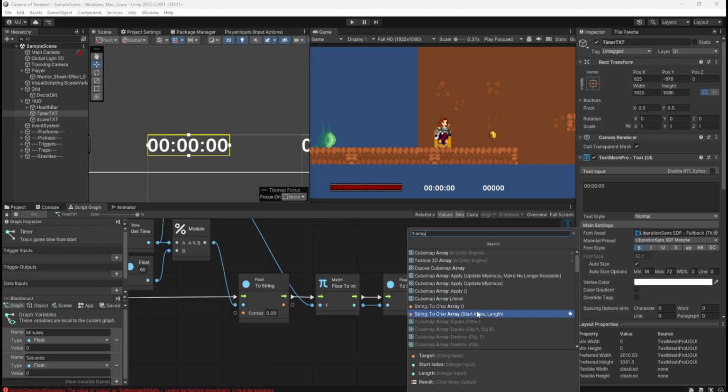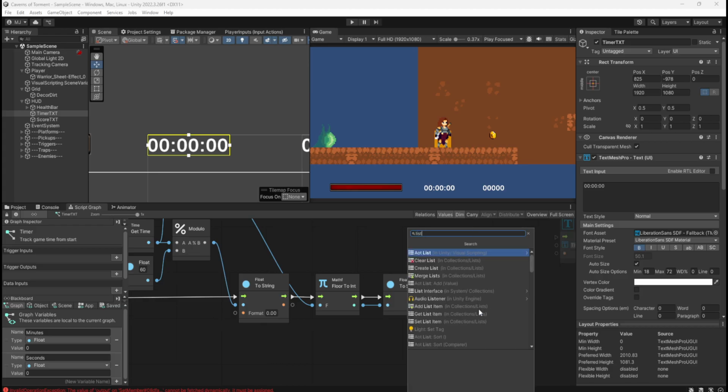These are the only two that are really coming up. List. List of float literal? Would that be right?